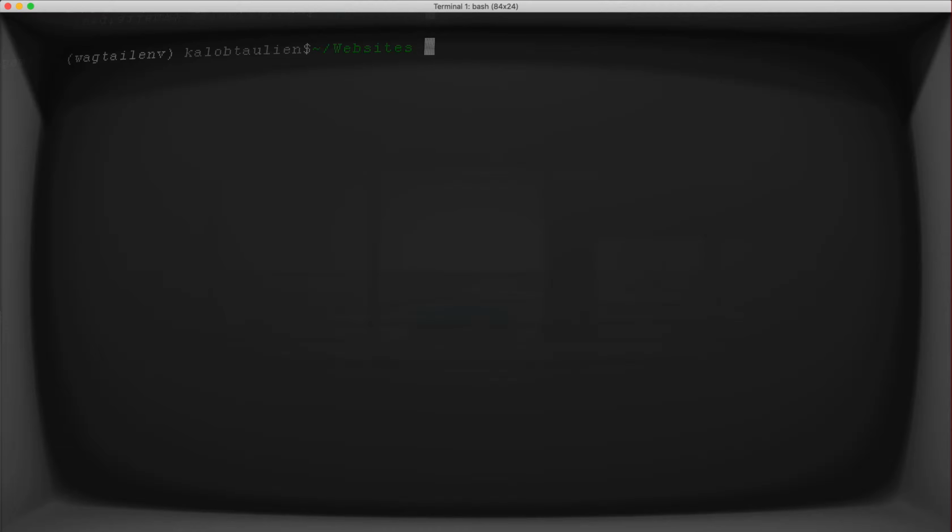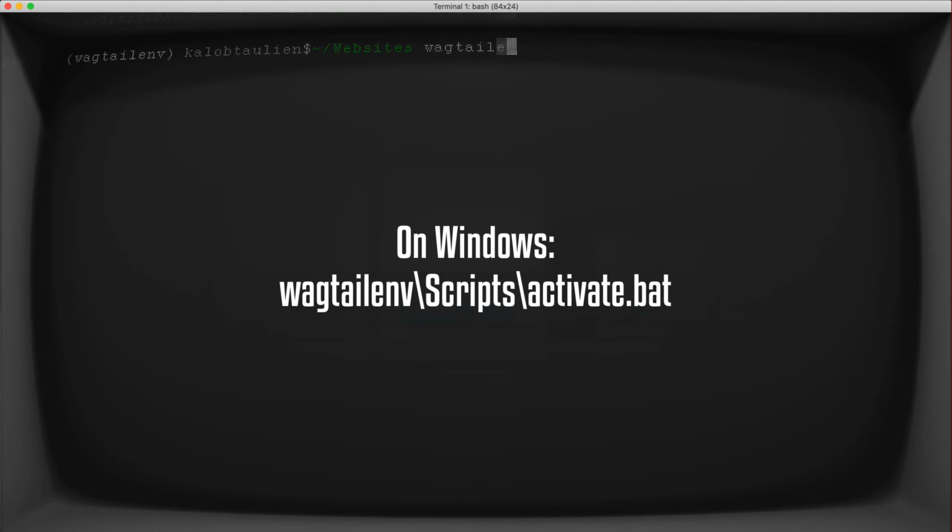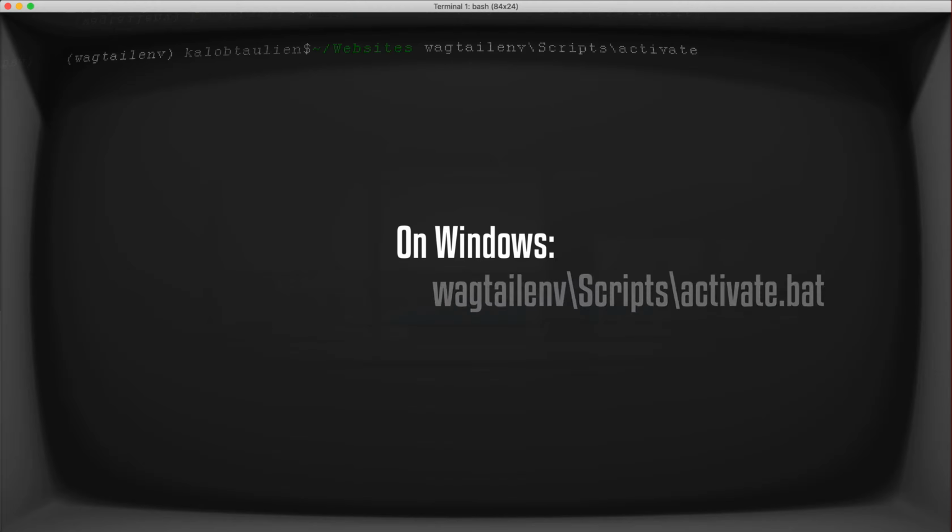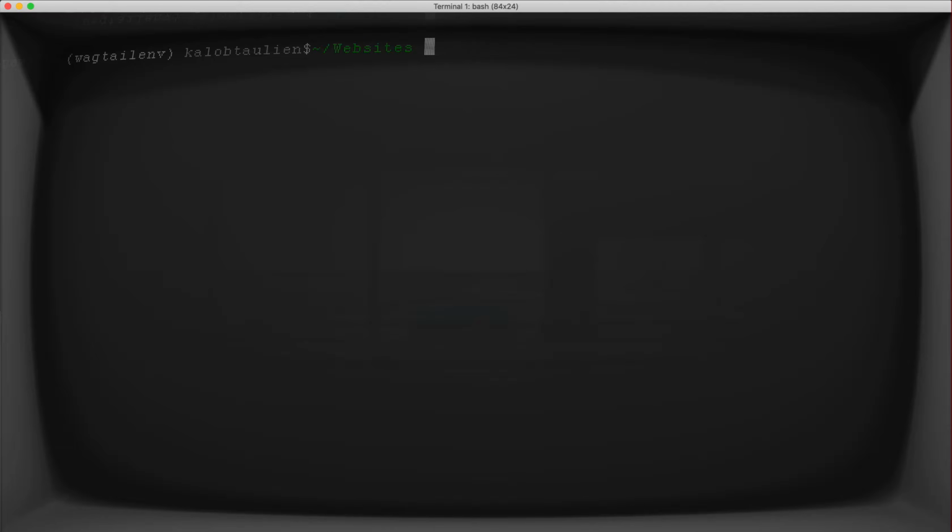A quick note, if you are on Windows, you are going to have a batch file, and I believe you have to source the batch file, and I don't recall perfectly off the top of my head, but I believe it's something like wagtail-env/scripts/activate, something along those lines. Okay, so I'm inside my Virtualenv here, and we need to make sure that we have the